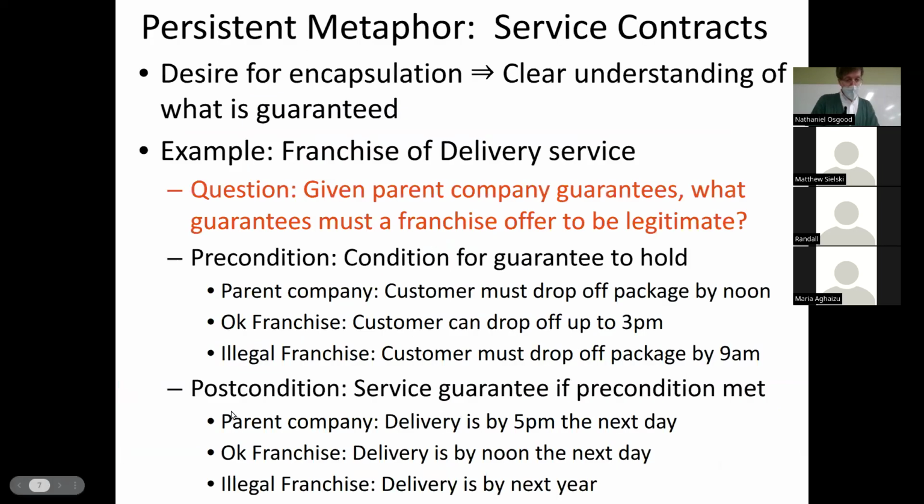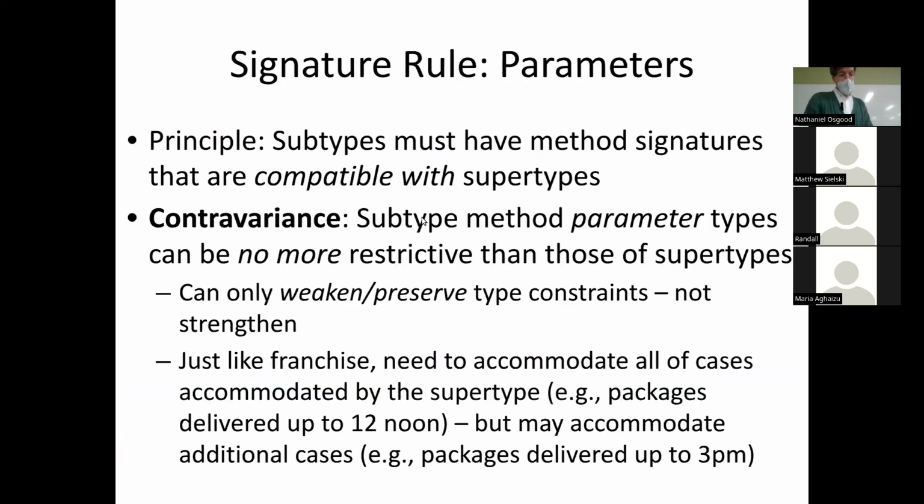It's like you've loosened the time that someone must get a package in. You said, look, FedEx requires it by noon, but I'll give you extra flexibility. I'll take it until noon, of course, but I'll take it later than noon. I'll enlarge the possibilities. So when you have a method in the supertype foo,